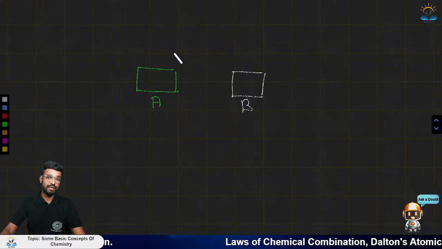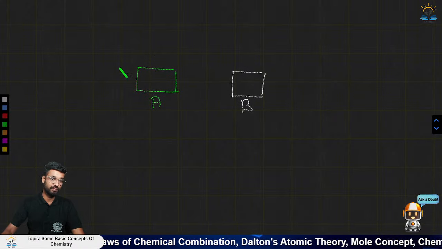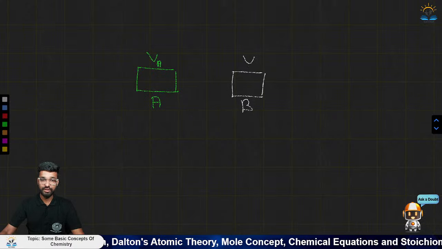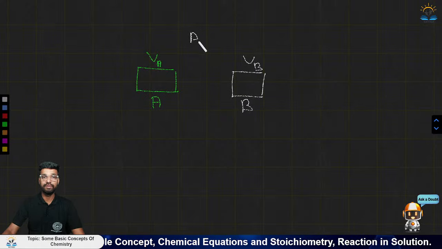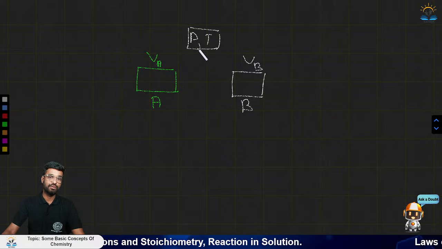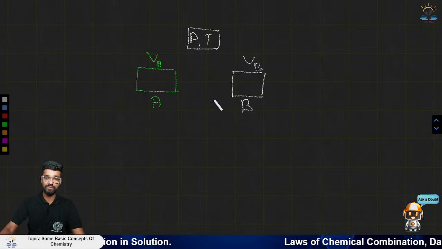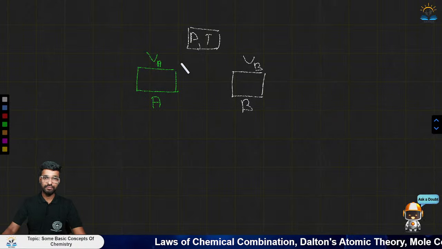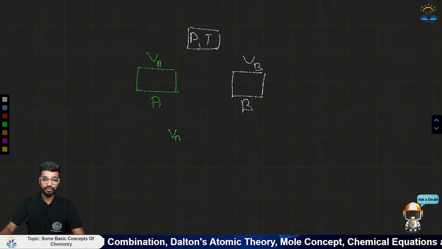Now we are taking the volume as VA here, and for this we are taking the volume as VB. And also the pressure and temperature is constant for both of these. So this should be kept in mind that pressure and temperature is constant for both of them. Means at the pressure at which gas is kept, the same pressure is maintained here, and same goes for the temperature. And if this volume VA is equal to volume VB,